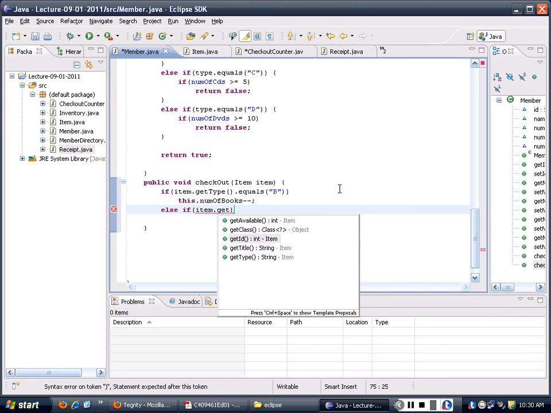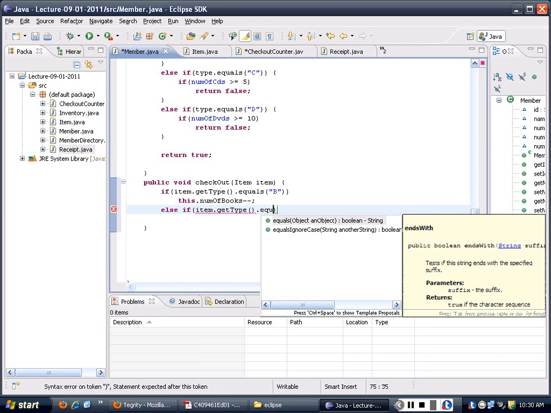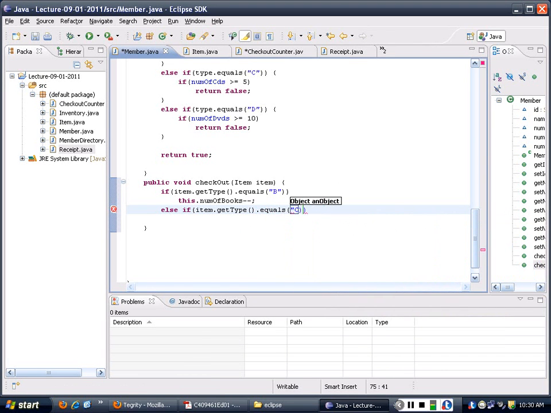Let me just finish that. Type equals C. We are going to see this dot name of